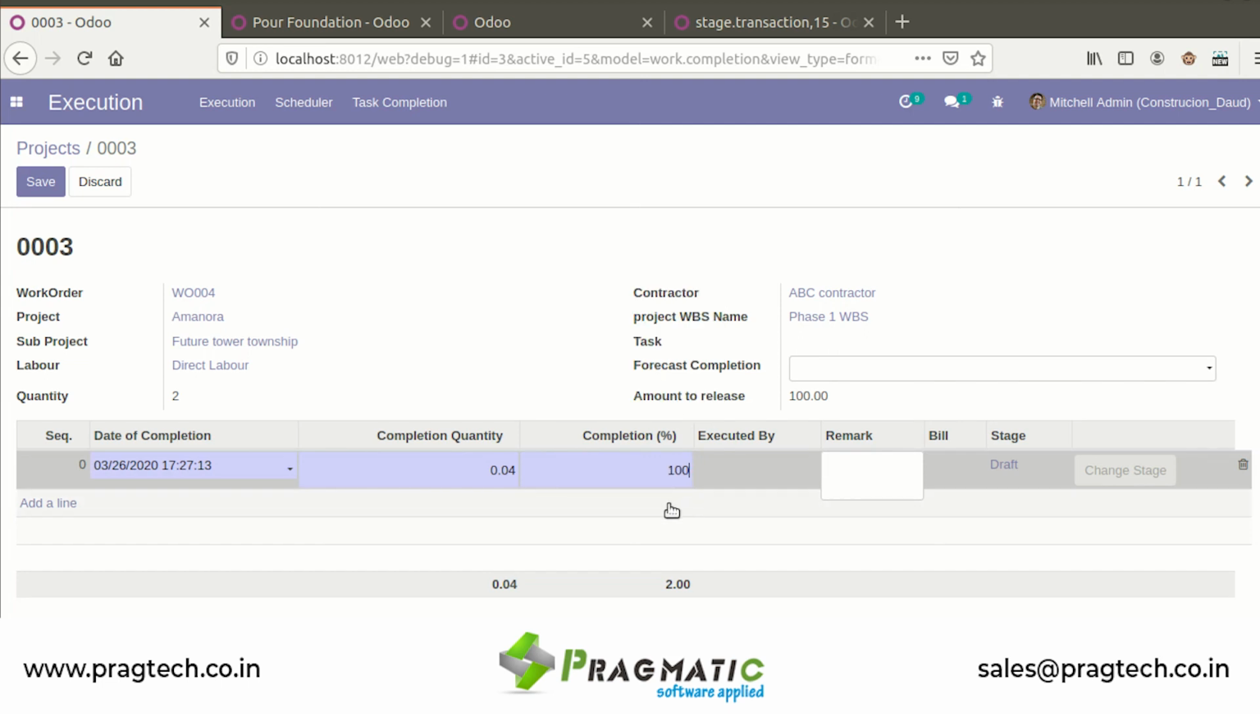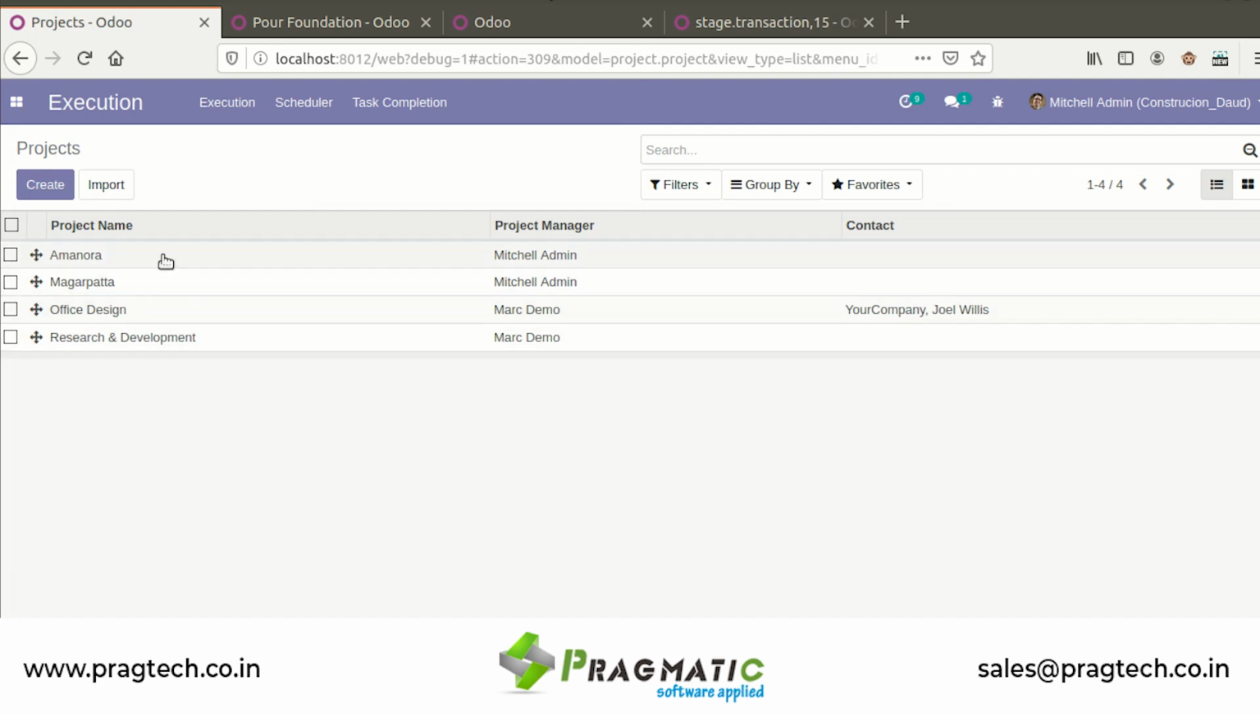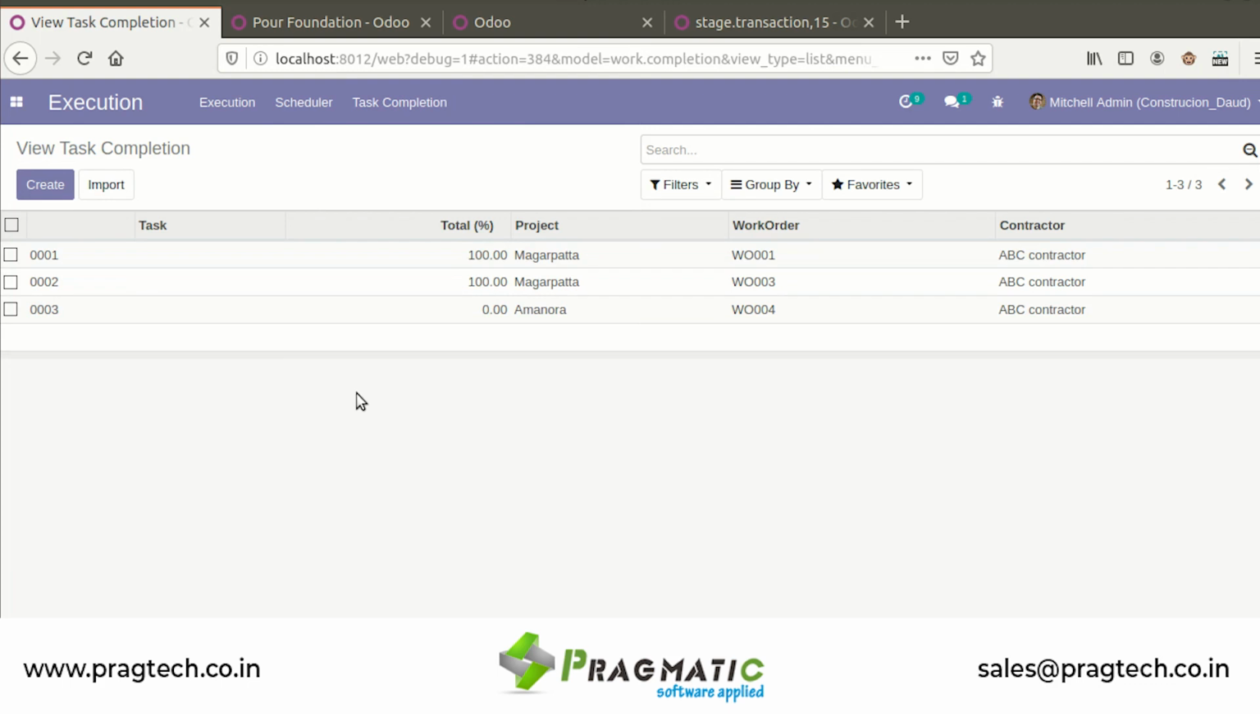So here the completion quantity is 2, so the percentage is 100%. Any remark that you want to give here, I have given "completed". I'm saving this. I'm going back to the project again. Now, after I go to view task completion, I can see the task has been